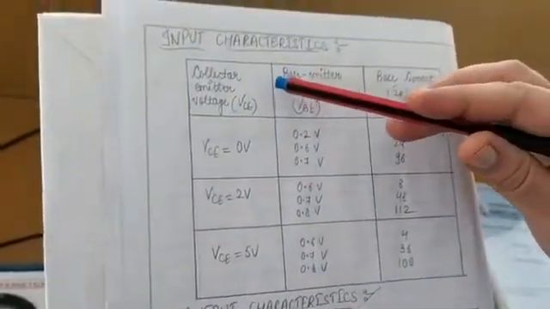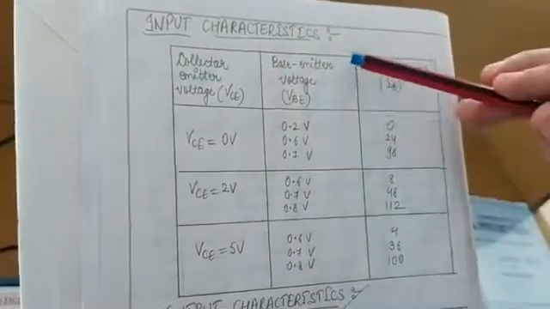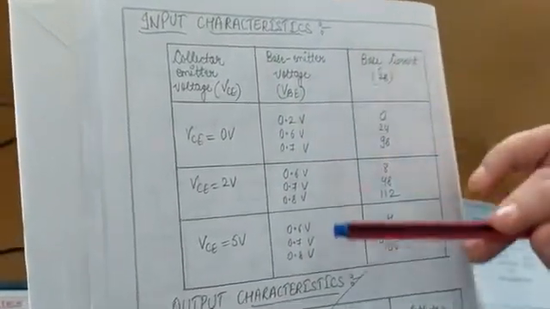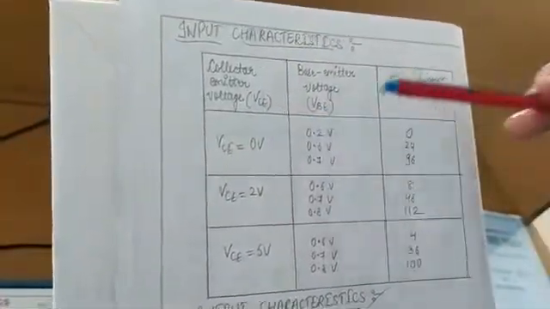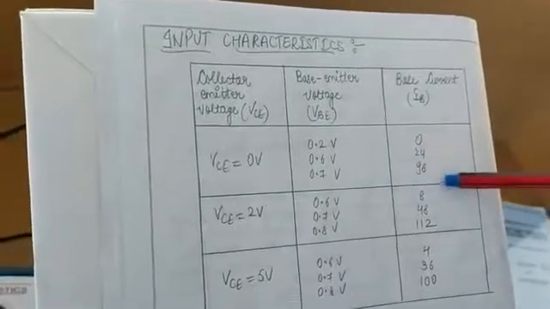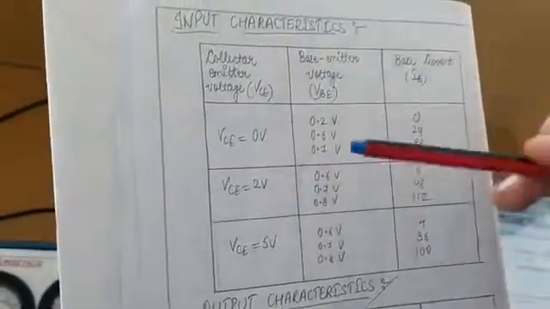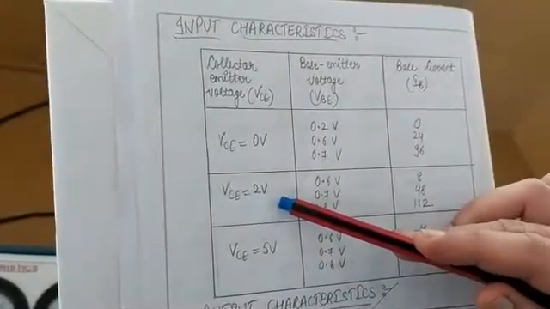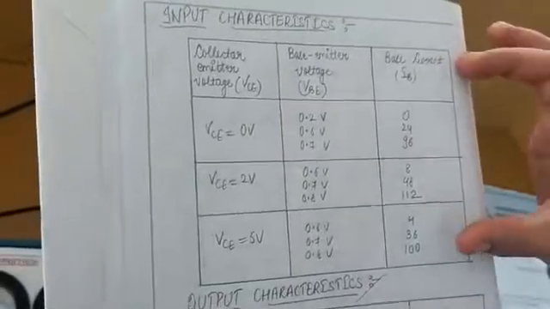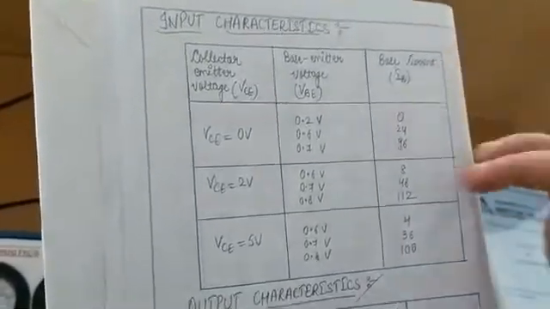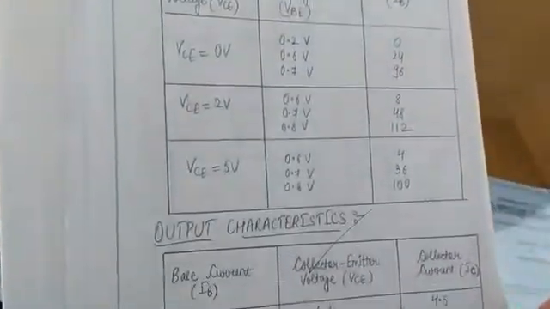This is your collector emitter voltage, VCE, that is going to be constant for the input characteristics. Then this is your VBE, which is going to change for a certain constant value of this VCE, and we are going to get the value of the base current for the input characteristics. Similarly we will be doing it for the next constant value of VCE, taking the values of VBE and the base current. This is the tabular form of the readings that we are going to get, and then taking all these readings we are going to plot the graph for the input as well as for the output characteristics.